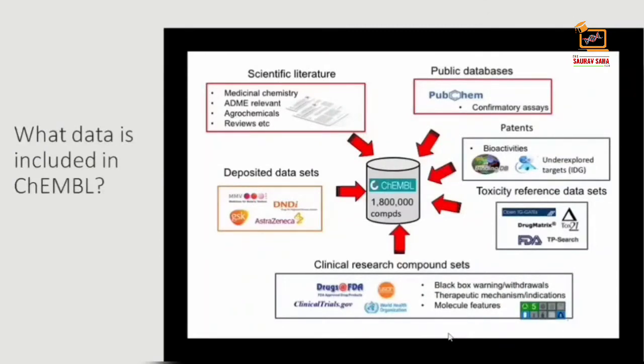Over here we see what data is included in the ChEMBL database. So ChEMBL is a manually curated, freely available database of bioactive molecules with drug-like properties. The database is unique because of its focus on all aspects of drug discovery and its size, containing information on more than 1.8 million compounds and over 15 billion records of their effect on biological systems. ChEMBL includes information about how a small molecule interacts with its protein targets, how these compounds affect cells and whole organisms, and information on absorption, distribution, metabolism, excretion, and toxicity.